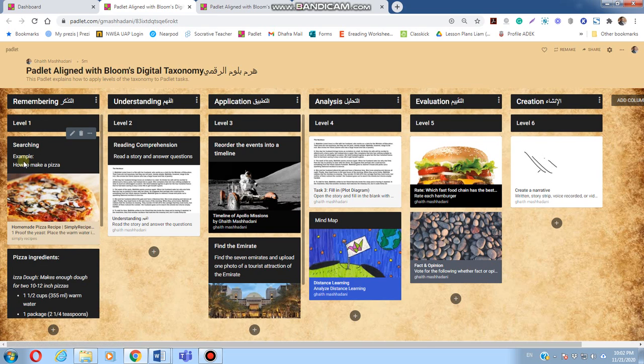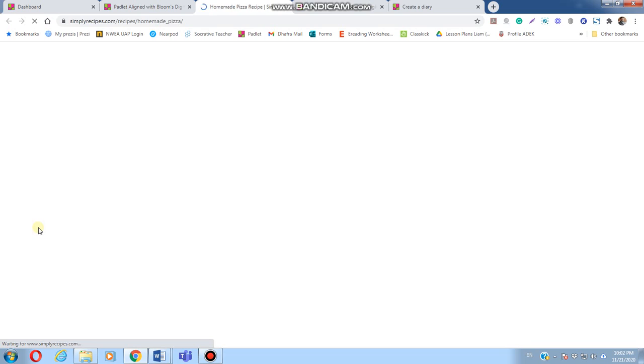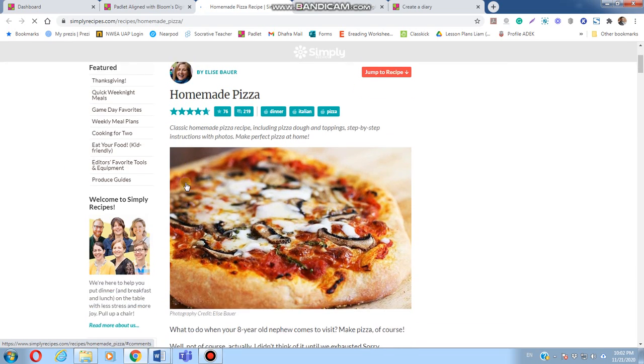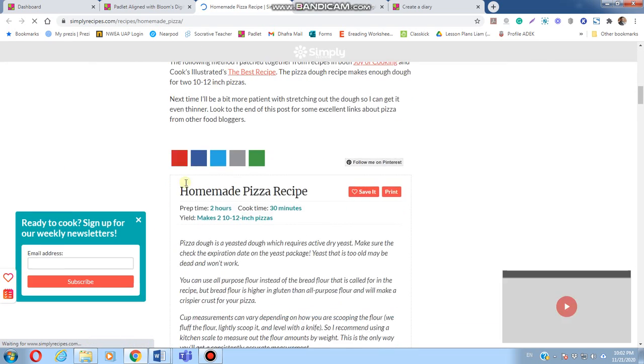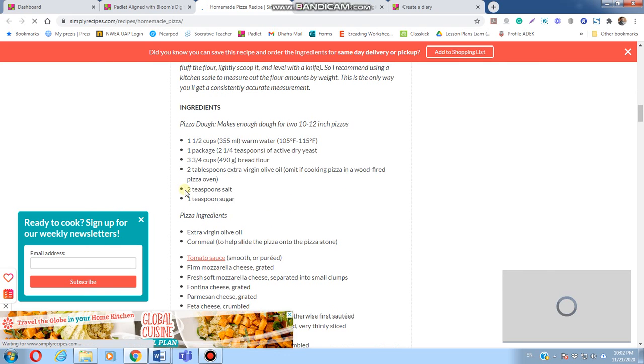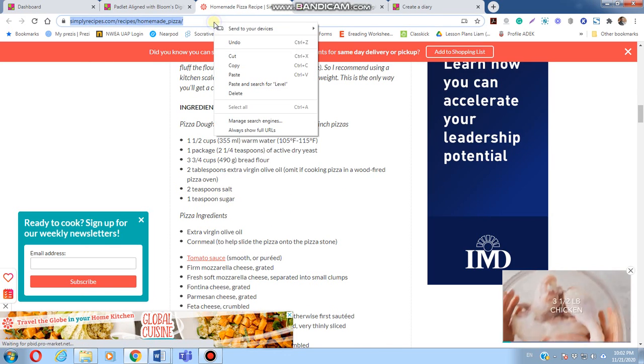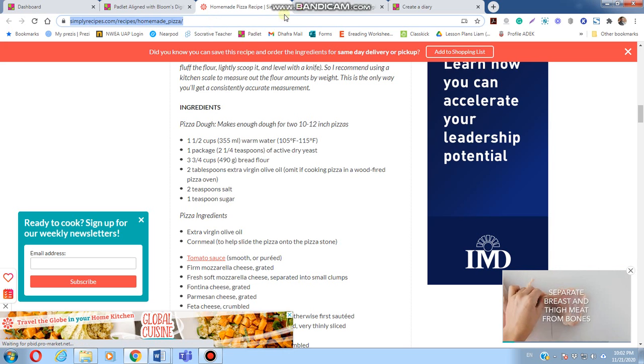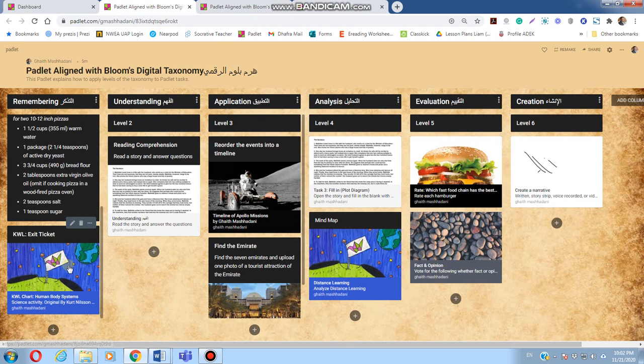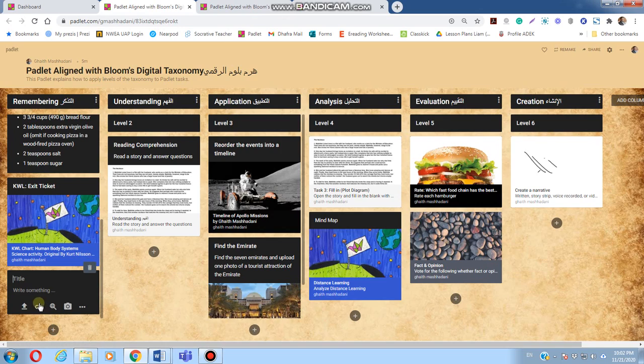Like in this one, there was a question: how to make a pizza. So students searched the web and they came up with information on how to make a pizza, and they posted this link in here. When going to this link, we will find information about pizza. So the student searched this website and he copied the link from here and he posted it in here, like this link,